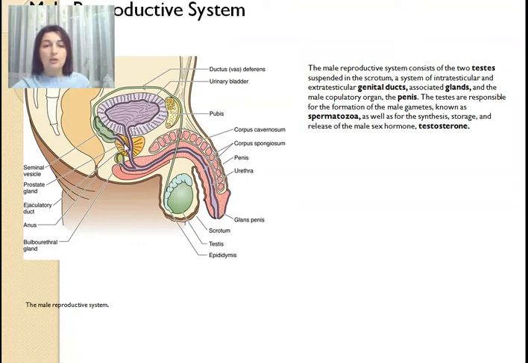Ejaculatory duct is joining the male urethra. So male urethra has a double function, not just releasing of the urine, but also it will serve as a duct for the genital system for the releasing of the semen. So that's the general structure of the